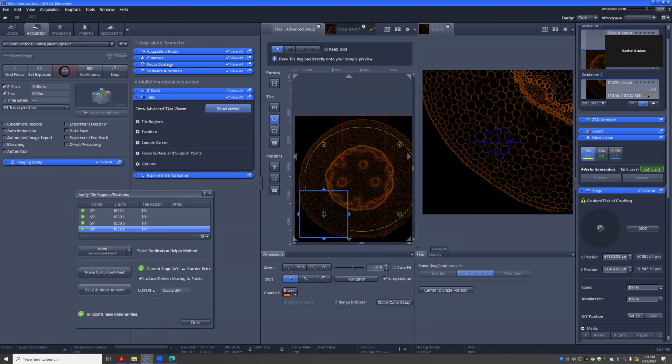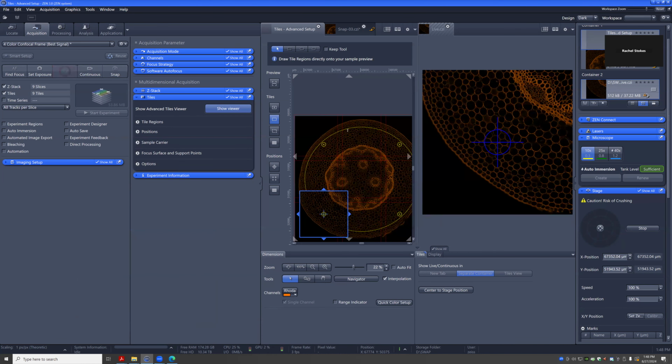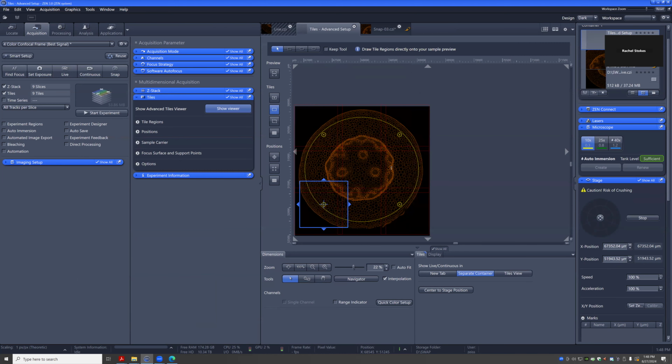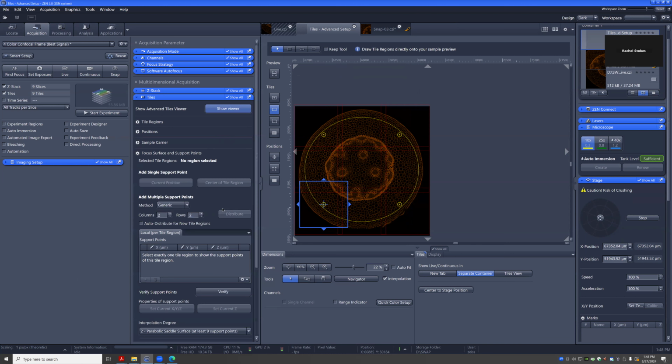They all have slightly different Z values. So that means that when we're now taking this tile, it will actually use that information to adjust the Z plane throughout taking that tile. And this also works in combination with the Z stack. So if we're taking a Z stack and we're using that center mode, right, it uses this tile as the center for the Z stack. It's going to take, again, if it's 30 microns, 15 microns above, 15 microns below. And then it'll do that for all of these areas, but then it'll adjust that center depending on where these